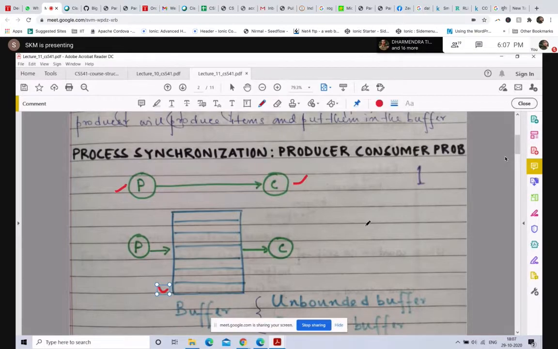Again, if the consumer rate C is higher than the producer rate P, then C will find at one point of time the buffer to be empty. So C in that case has to wait for P to produce and place an item in the buffer. Okay, so this is the case when you have a bounded buffer.